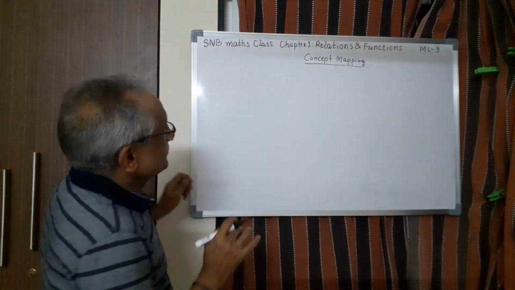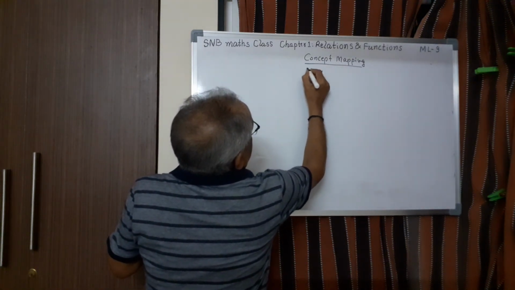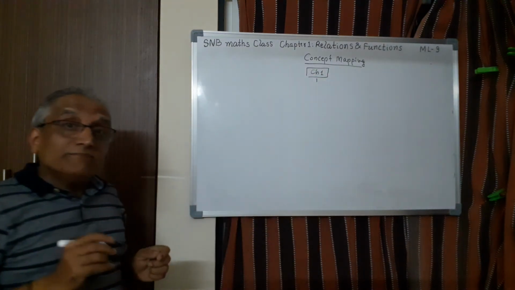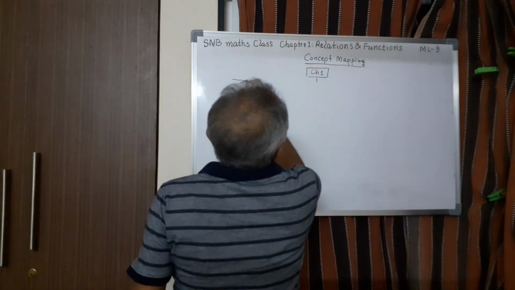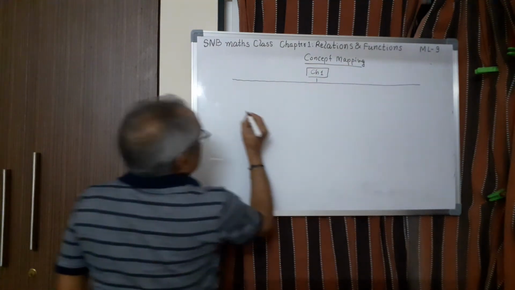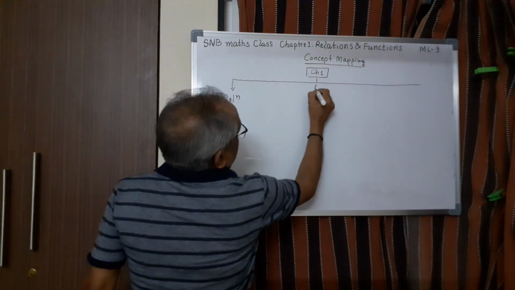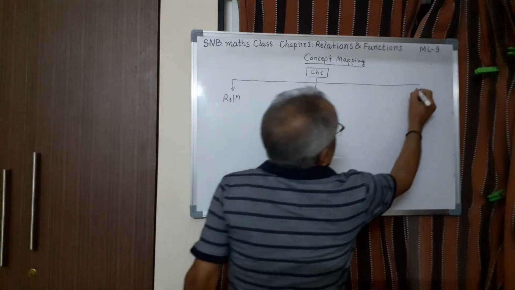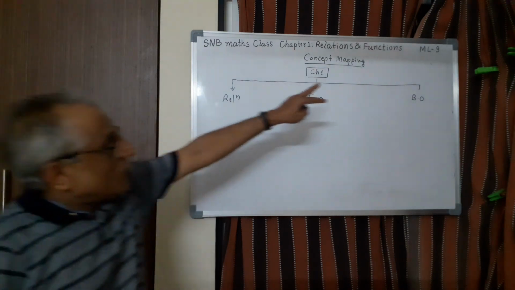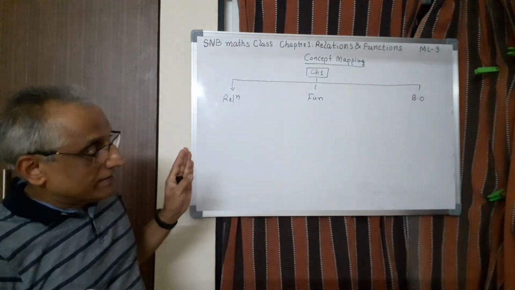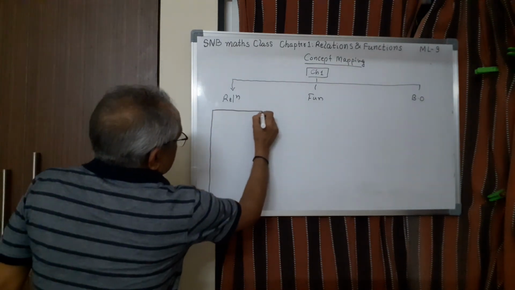Now imagine if you are able to make a map like this. Say this is chapter 1, so this is the main topic. Then what are the major things we studied here? We can make categories. Here, for example, we studied only 3 important concepts. One is relation, second is function, and the third is binary operation. Now, after attending all the lessons, ML1 to ML9, you make a summary of what you have studied under each heading.